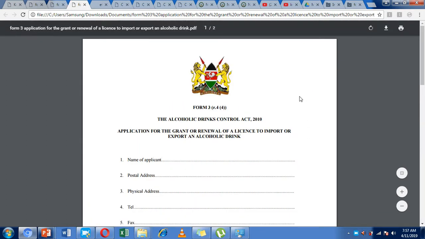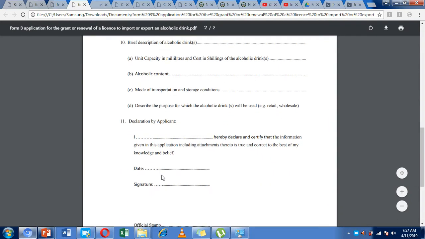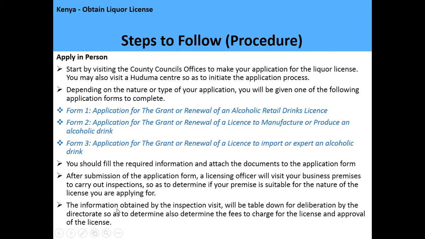If it's an import export business, you're supposed to use this form. After you have filled the form, you should submit the application form to the licensing officer, and the officer will visit the premises to carry out an inspection so as to determine if your premises is suitable for the nature of the license you're applying for. And the information obtained by the inspection visit will be tabled for deliberations by the